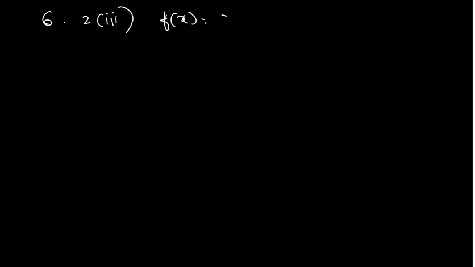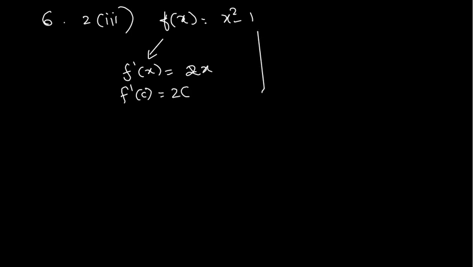So equate this. 2c equal to 3. Therefore c is equal to 3 by 2, which is 1.5. So 1.5 lies in the interval 1, 2. Therefore, MVT is verified. Okay, so